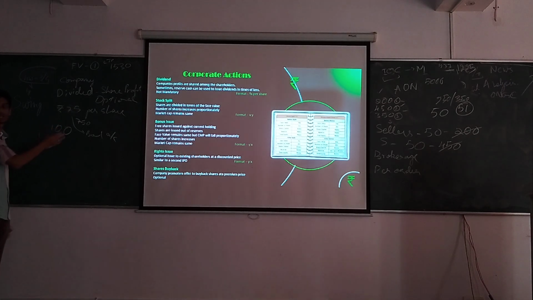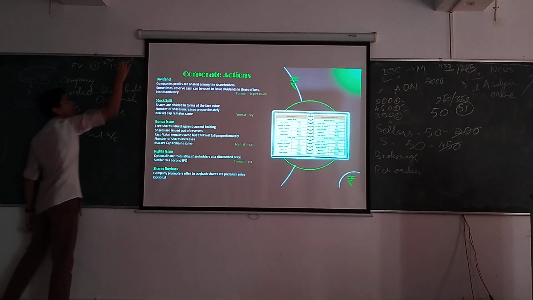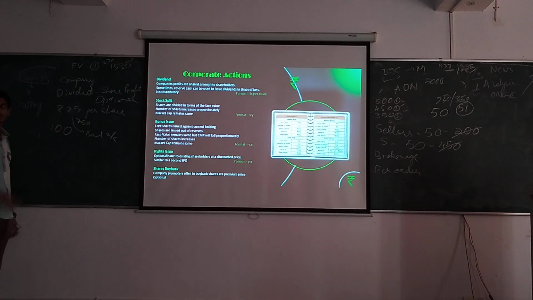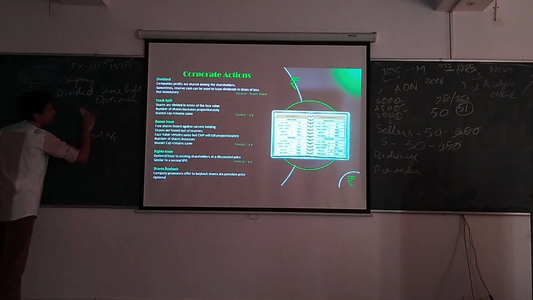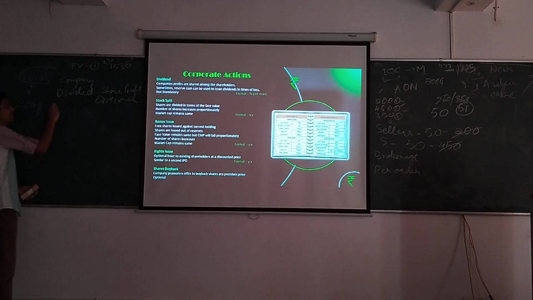This is an additional income. Apart from your share price going up, you get additional income. So dividends are a bonus kind of thing. Okay. So dividend yielding stocks are usually large cap